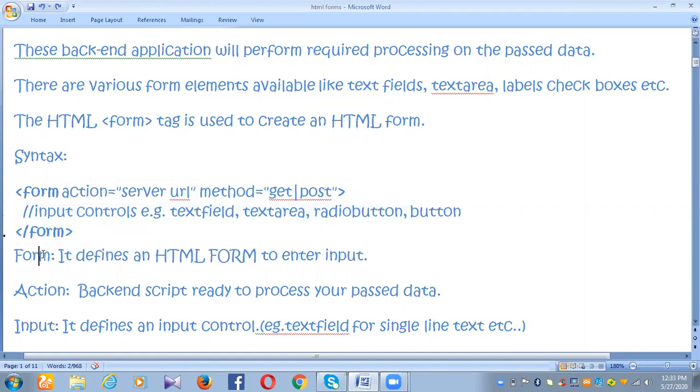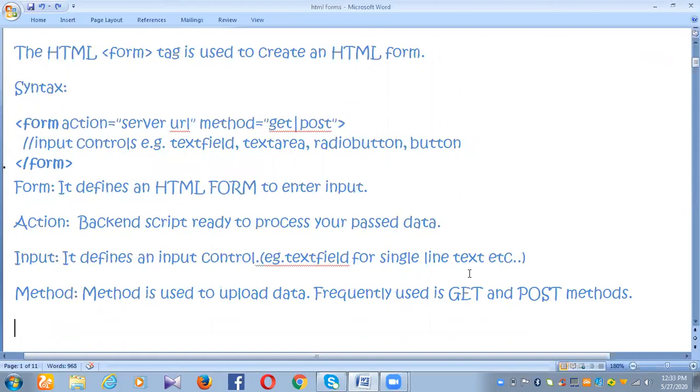Now coming to the description of all these: the form defines an HTML form to enter input. The action tells that the backend script is ready to process your posted data, meaning the data you have submitted.